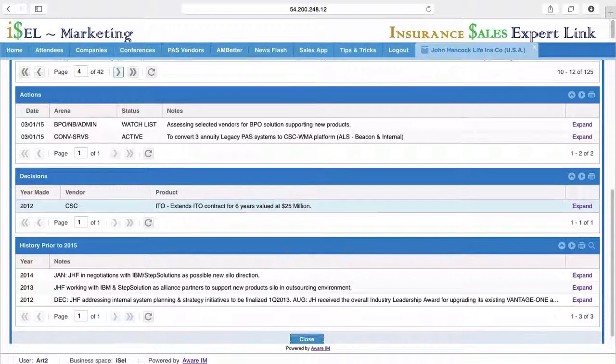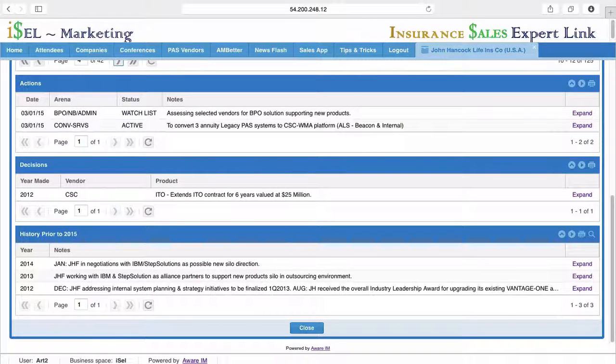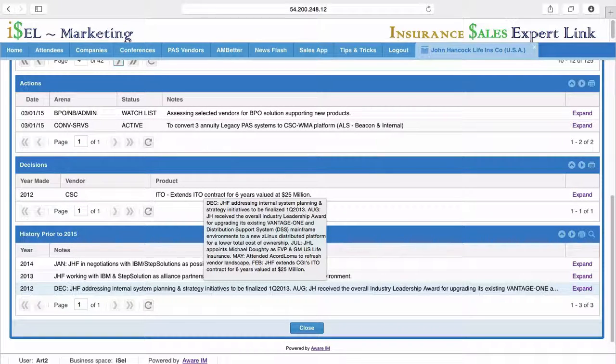And the last panel is history. Prior to this year, ITX has produced documents containing this type of information, and this is history that we've produced in document form prior to 2015. I'll display it here.